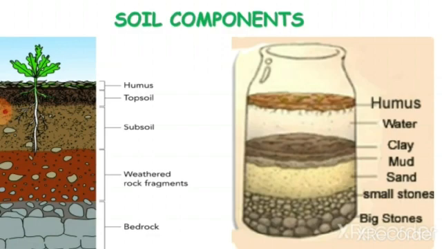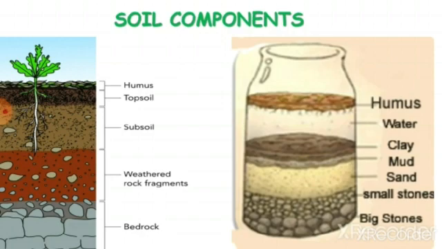So if I take a small quantity of soil from the garden and put it in a jar, mix it with water and shake it up. Shake it well so that the water dissolves the soil. Now keep the bottle without disturbing for 24 hours. You can see the soil settling down at the bottom depending on the components.